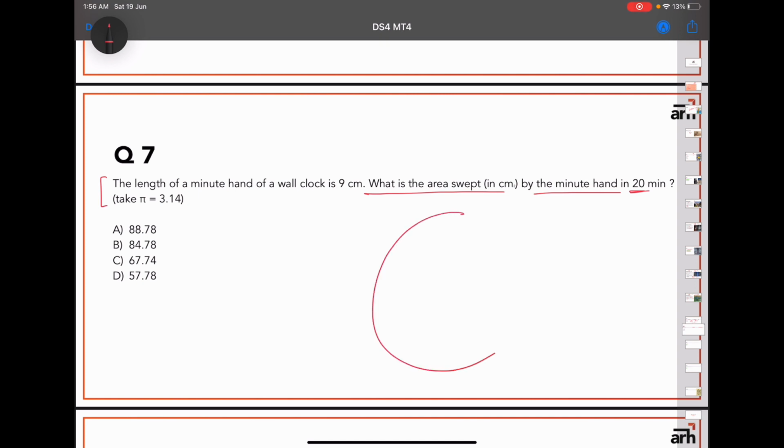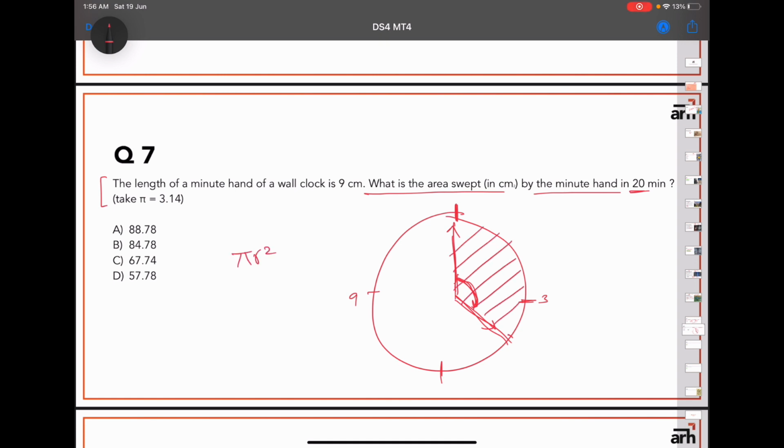So let's first draw the figure. Let's say this is 12, this is 6, this is 3, and this is 9. Now in 20 minutes, let's say we start from this, and this is 4. So in 20 minutes, it goes from here to here. It sweeps basically this much angle. Now the logic is it swept some part of the circle which is defined by this angle. So what if we want to do this area, what we need to do is we need to do the